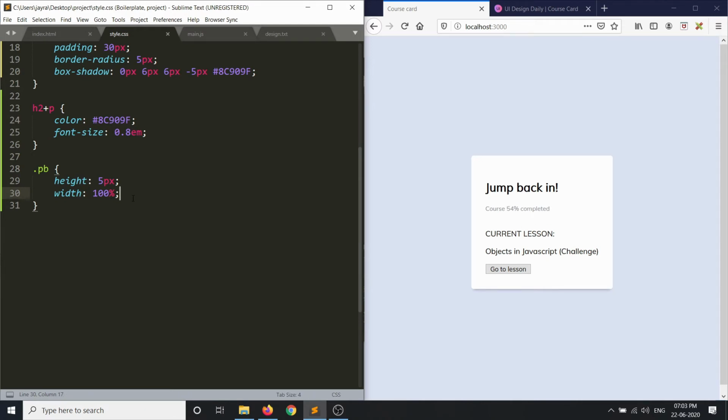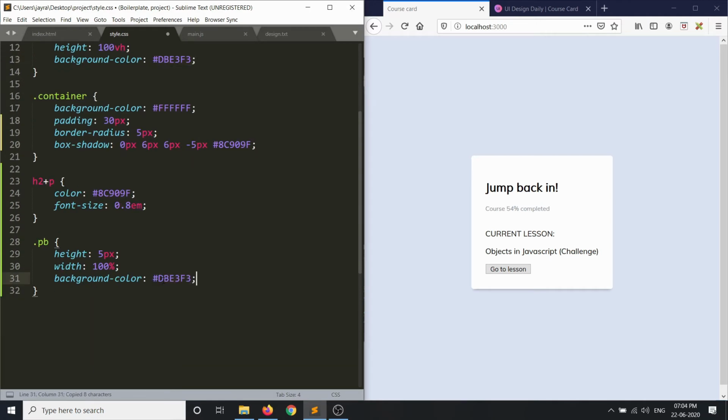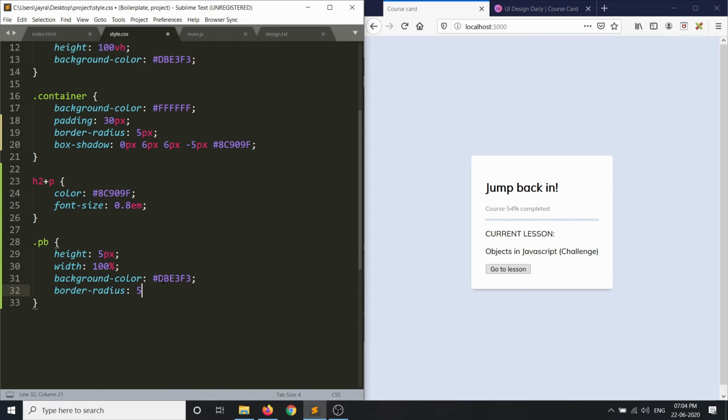And we are not able to see it because we have not given it any color. So let's give it a background color same as that of the body. I'll just copy paste. There we have it. Let's give it a bit of border radius also. So just say border-radius 5 pixels.